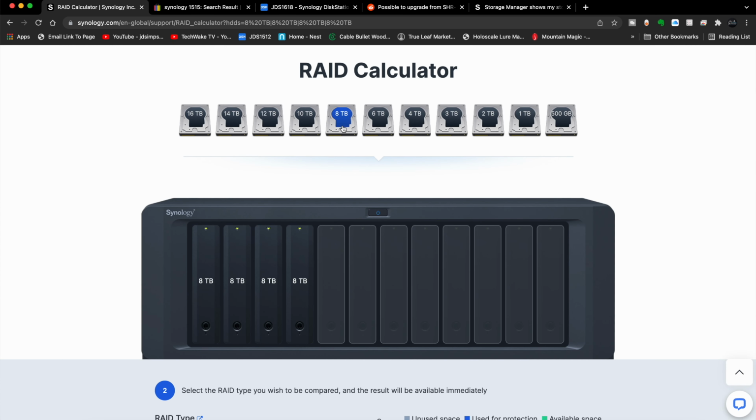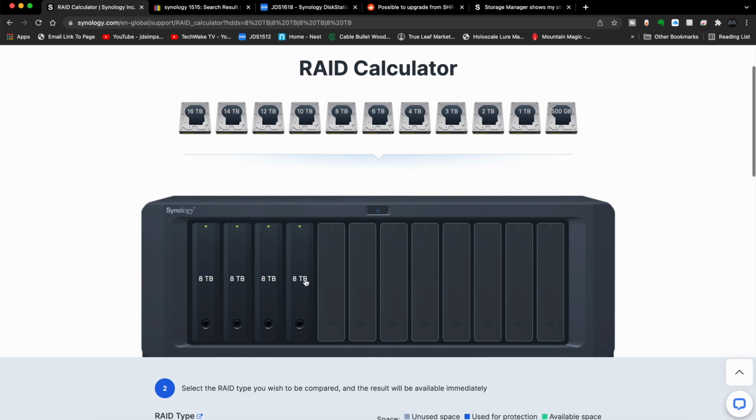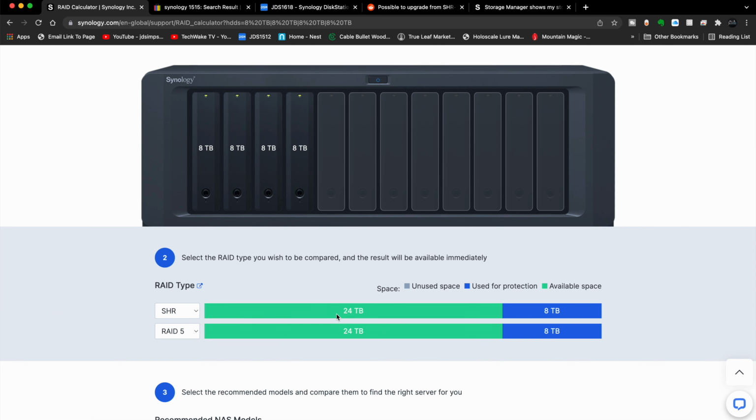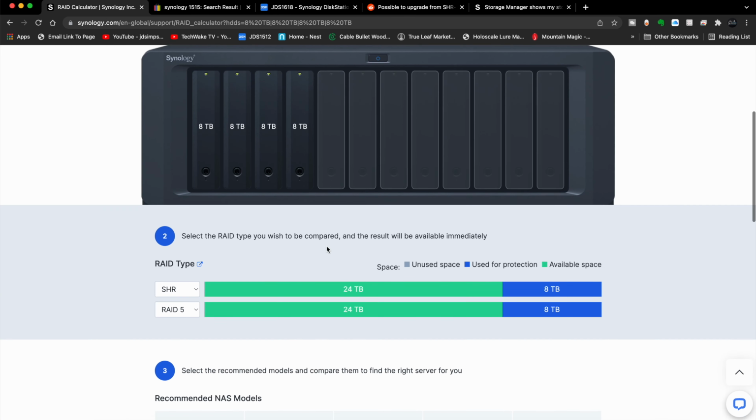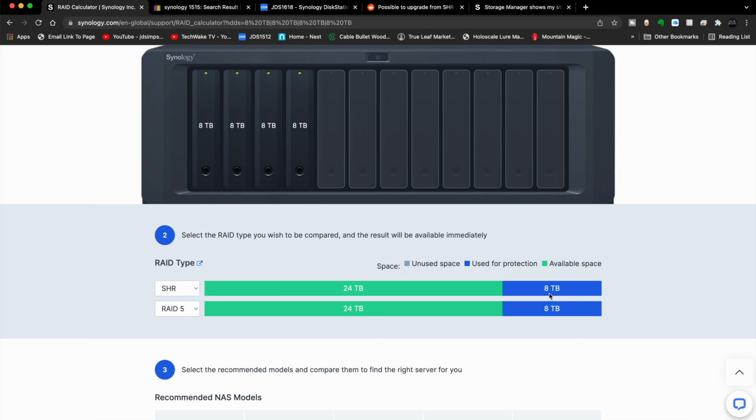Let's go up here and pretend we bought a 4-bay drive and we put all 8 terabyte drives in there. Now when you go down, of course, you have more space. You're still using one of the drives for fault tolerance. So if you have a failure, you have a backup. But something happens. If you notice, when you have 2 8 terabytes, it's a 50-50 split. When you go to 4 8 terabytes, you have a 75-25 split. So you're getting a higher percentage of storage with more drives. The more drives you have, with the same protection, you're going to end up with a little more storage just from a percentage basis. So that's another benefit to having a multiple drive scenario.